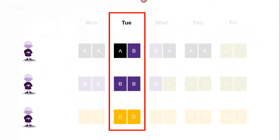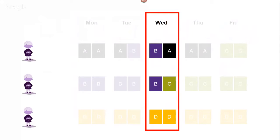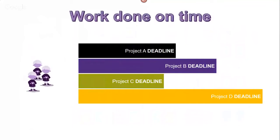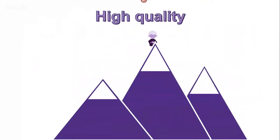So each day we do the same. We look at different backlogs depending on what we're working on a given day. And this approach is going to help us figure out ways to do work on time. So you look at where the deadline is, and then you can figure out your daily schedule of who's working on what. And it's going to help us achieve high quality,